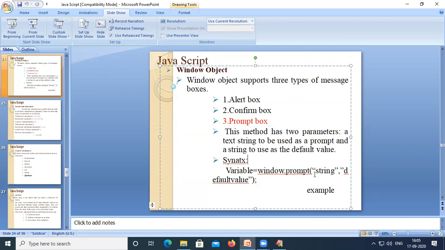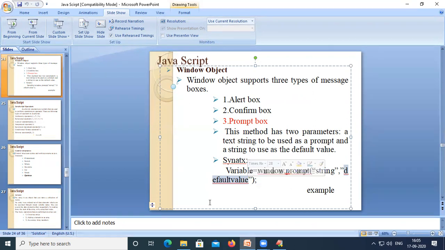The actual thing is that some string will be displayed and some default value will be displayed in the prompt box. There we have a text field. In the text field, this default value will be displayed. If you don't pass any value, it will never take this default value. The default value is only used to display something in the text field. I'm sorry for that.